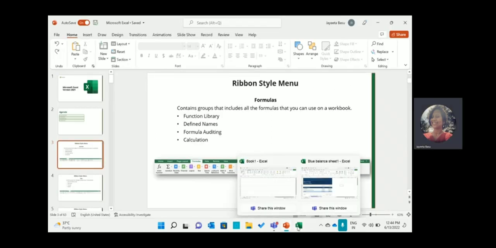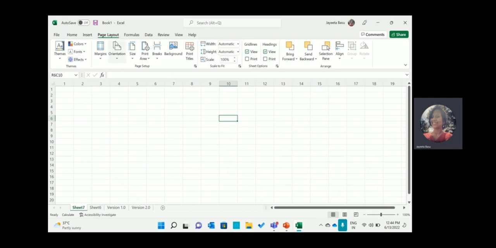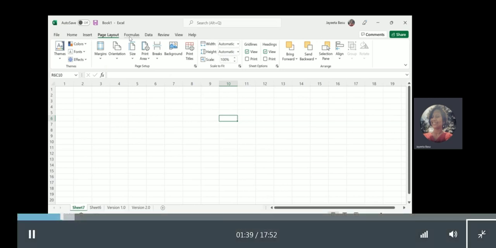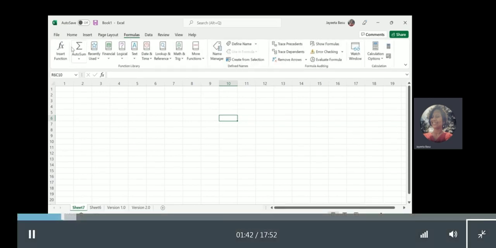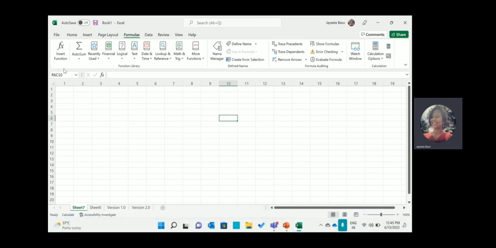So we will go back to the Microsoft Excel workbook which we were working with, and just beside page layout you will be able to look at formulas ribbon menu. Once you click to formulas ribbon menu, the first thing you see is insert a function. Then there is function library. For example, there is auto sum where you can do sum, average, count number, maximum, minimum, and there are more